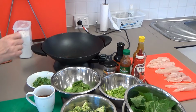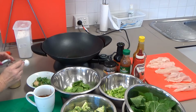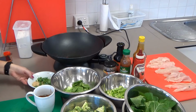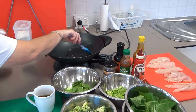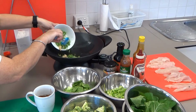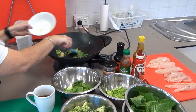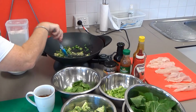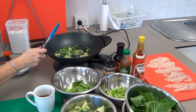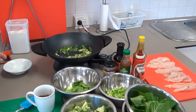We've got quite a bit of ginger. Get out my spatula. Coat the pan a bit. Nice and hot, but not too hot. Oh, instantly smell that. And stir fry that just for a minute, just to get it fragrant, and then I'm going to start adding